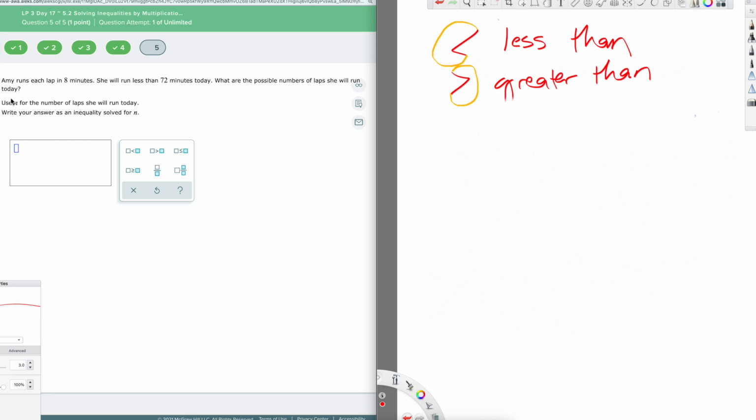Again, it doesn't really matter who it is. In this case, if it just said laps in 8 minutes, that might not make a lot of sense if we didn't know we were running laps. Or it could be swimming, could be biking. Really doesn't matter what the activity is, but we probably need to know kind of what's going on just to picture that in our heads a little better. But so this person, Miss Amy, she's running laps, and she does that in 8 minutes. So each lap,